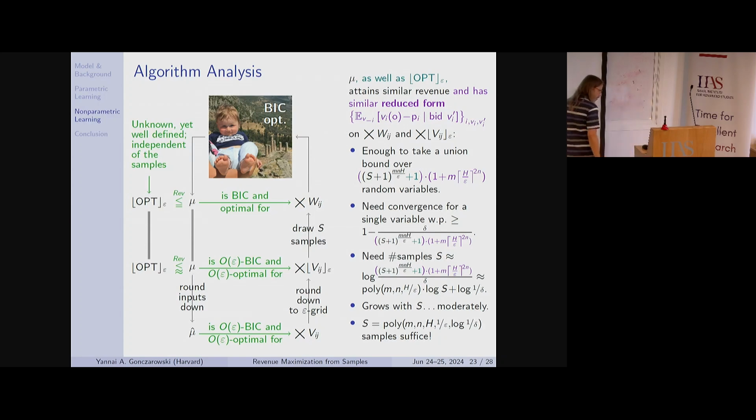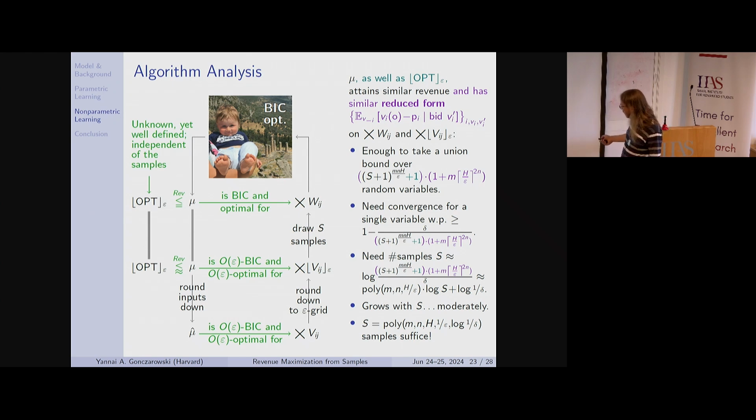Okay, so this is what I have for you about the algorithm. Any questions about this before we move on? Does it relate to the pseudo-dimension result that you showed yesterday? Like, if you think about a fixed sample, then the set of mechanisms is maybe a finite set. If you think about a fixed sample size, the set is a finite set. So, most of the results in learning theory somehow make use of something like this.